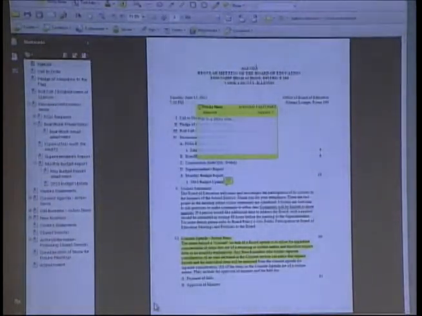You have a find window here that you can search through this packet. And you'd be searching any electronic document. If you can highlight the words on here, then it would be searchable. There's a few scans in here. Those would not be searchable with this find button.